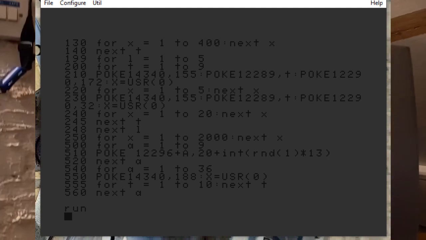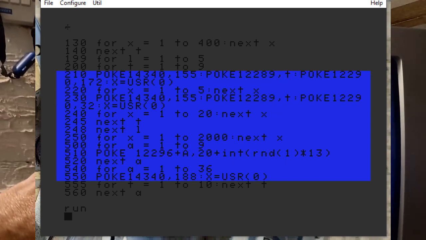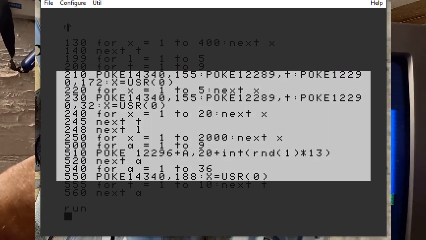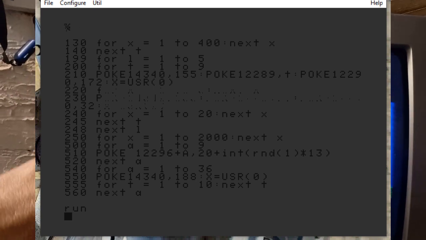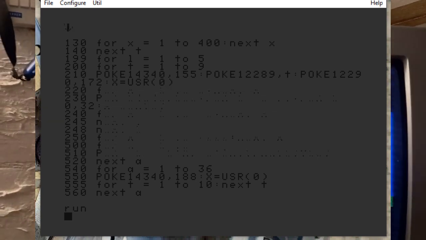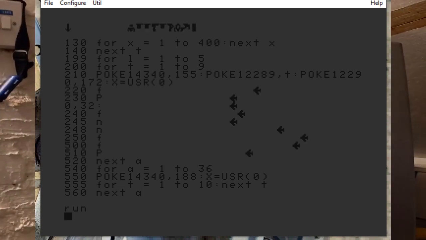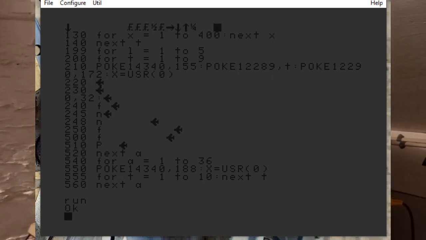I've then got a second machine code routine which only colours this part in here. And I've actually utilised that as part of the game over routine, which you'll see later on. There's a third machine code routine that does laser beams across the screen. And then there's a fourth routine that actually handles the aeroplanes coming across the screen. So how the game